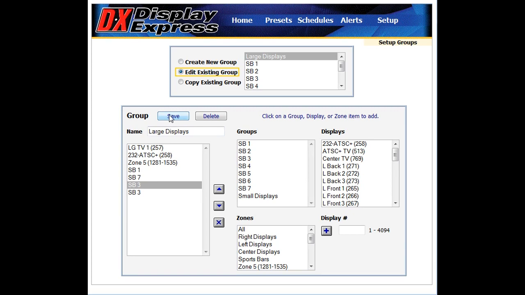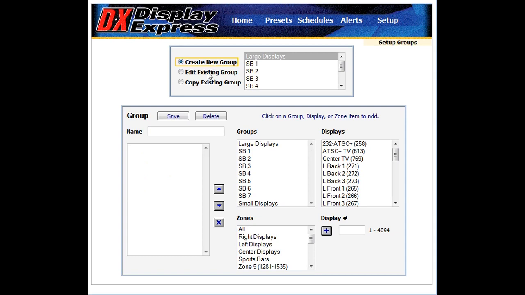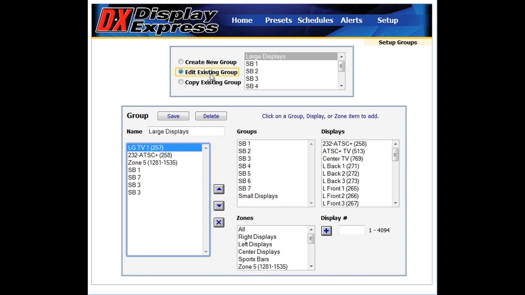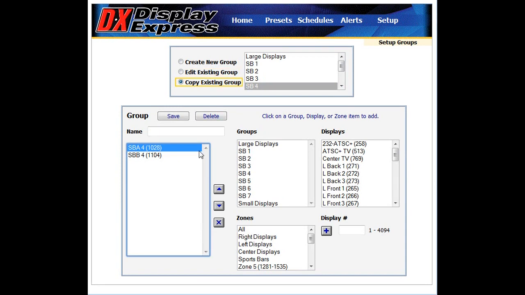You'll notice most things have this pattern where I want to create a new group, or I want to edit something that's existing and pick it and look at it, or I want to take this group SB4 and make a couple small changes. So I'll copy this, give it a new name, and I've created a new group very quickly. That's how groups are created. This can be very free form,